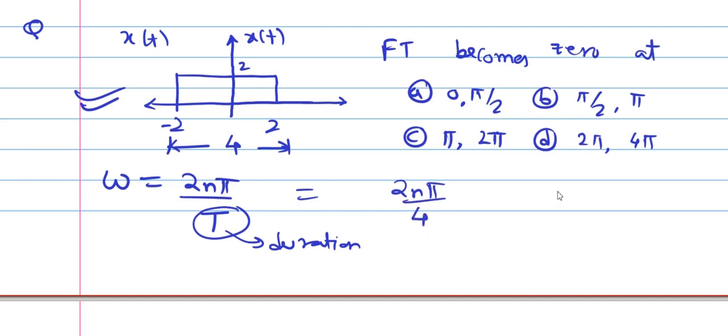Now put n equal to 1. So what will you get? 2π by 4, that means π by 2. Put n equal to 2. So you will get 4π by 4, that means π. So the correct answer for this question is π by 2 and